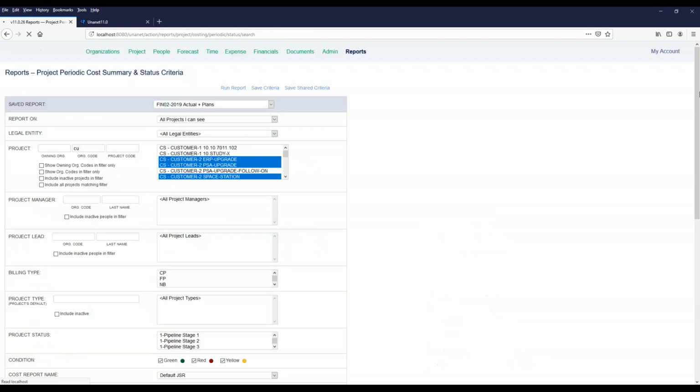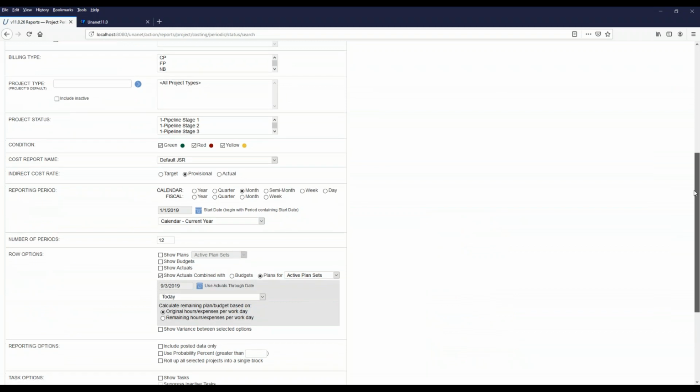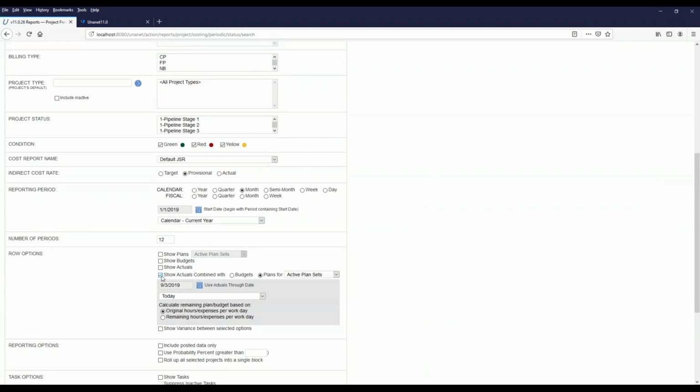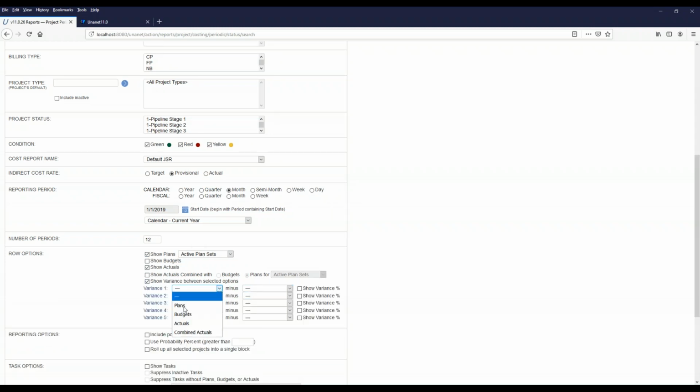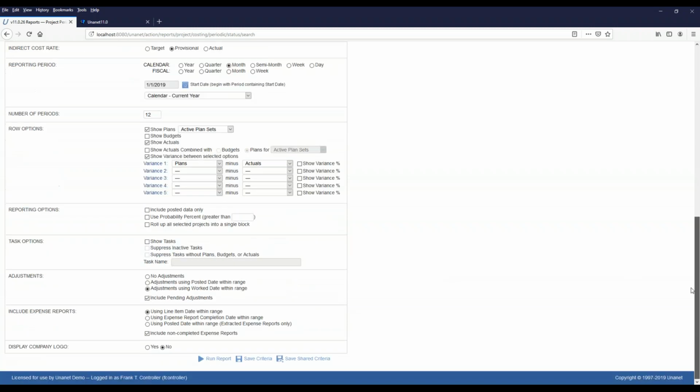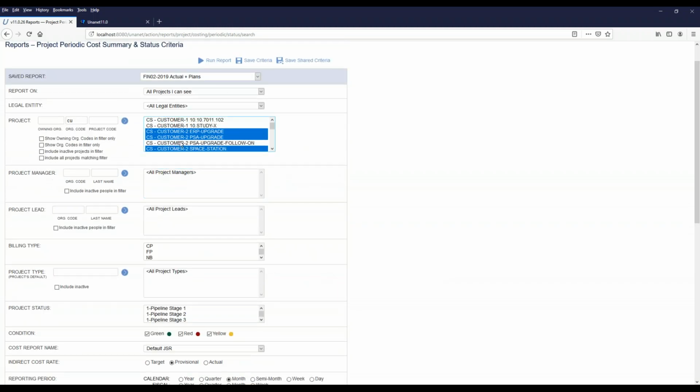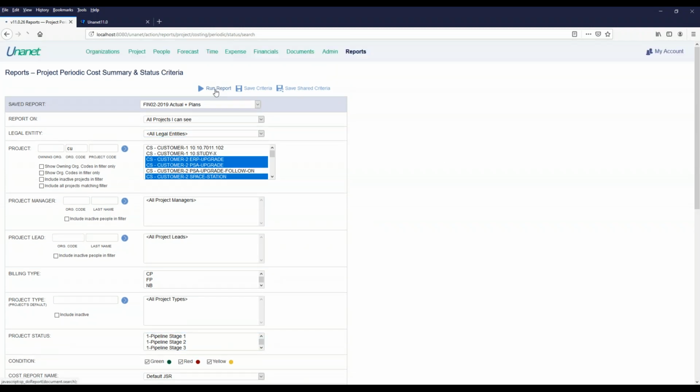If I go to my criteria screen, instead of combining those actuals and plans on a single line, I could say, well, instead, go ahead and show me the plan on one line and show me the actuals. Actually, let's create a variance too between the plan and the actuals. Let's do that. And notice everything is point and click, even to select the projects that I wanted reflected in this report, or maybe by project stage and so on and so forth. Now when I run this report,